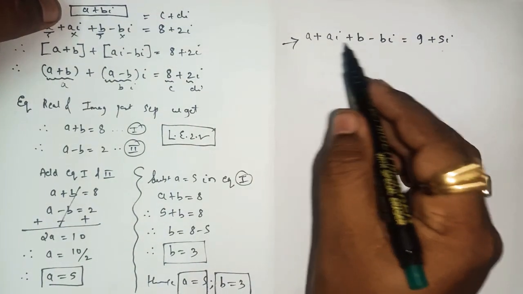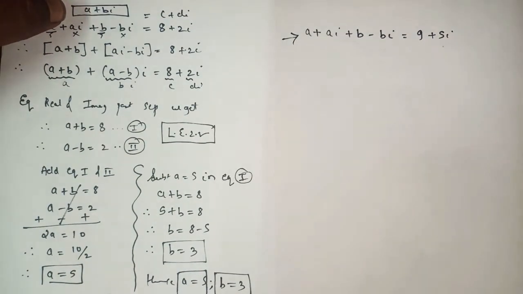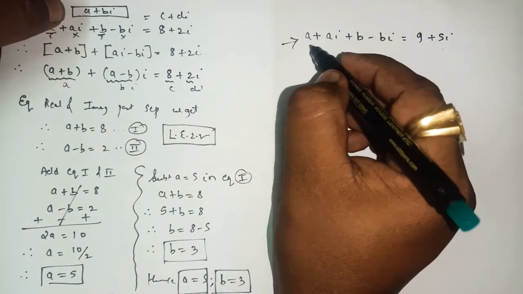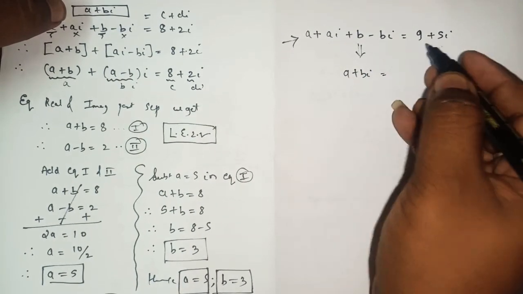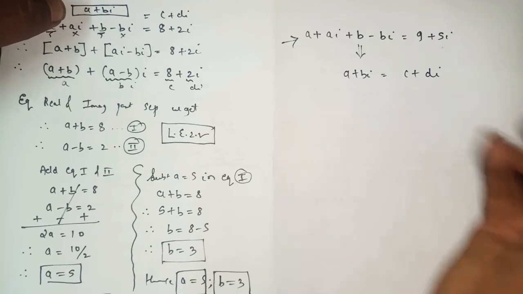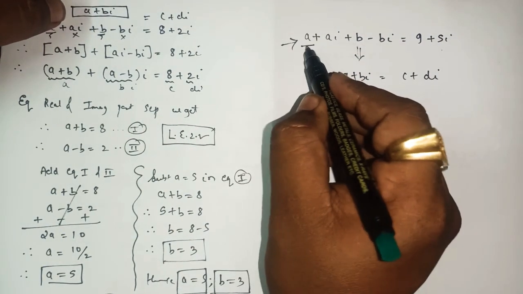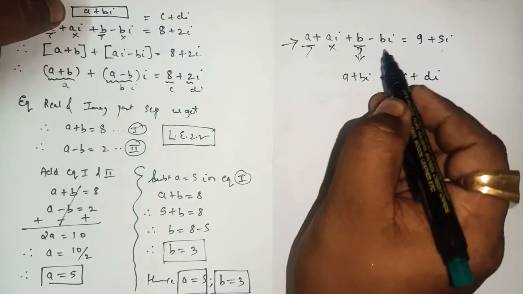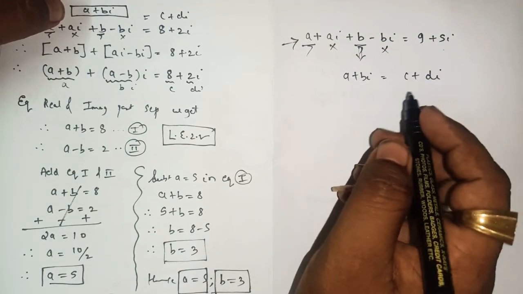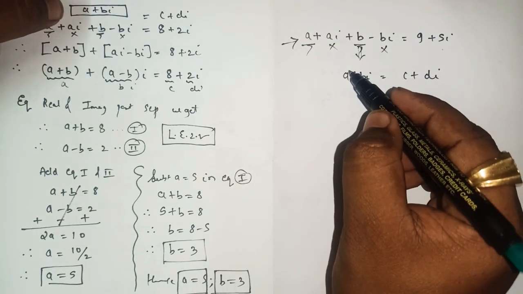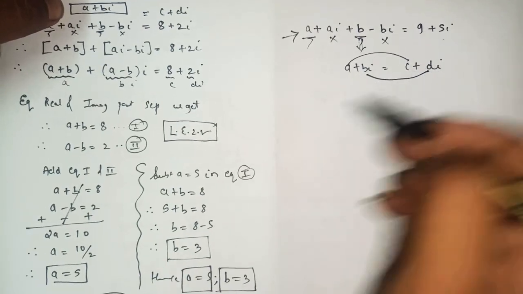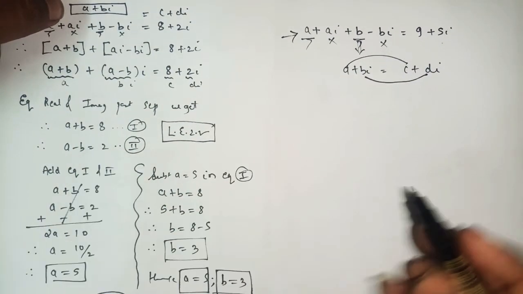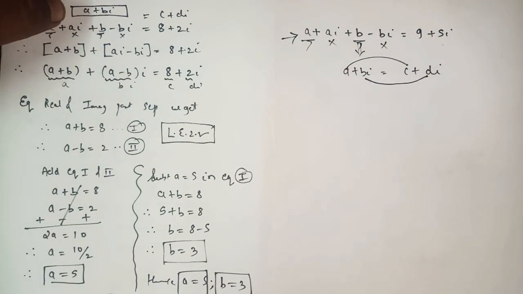As in the left hand side here we have four terms and in the right hand side we have two terms. So we'll convert the left hand side in the form of A plus BI, and the right hand side is already in the form of C plus DI. There are two terms without I and two terms with I. So make a pair, compare the left hand side and right hand side, the real part and the imaginary part, where you will get two equations like this. Then solve the sum simultaneously, where you will get the answer of A and B.